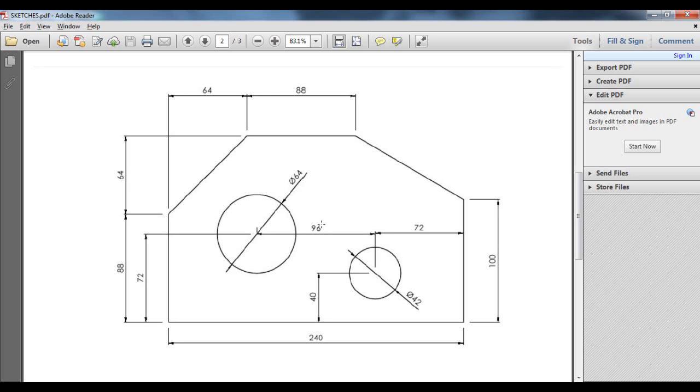Okay, now we want this distance from this center to the center of this circle to be 96 mm, but instead of that we will plot this center to be at 96 plus 72 from this line. That is, 96 plus 72 comes out to be 168 mm from this vertical line.